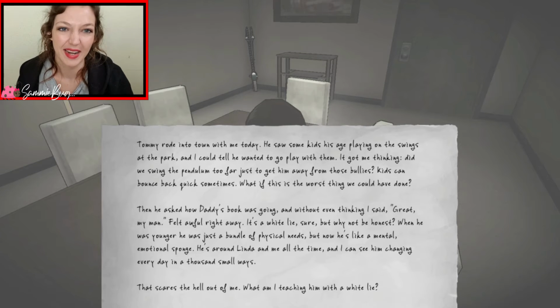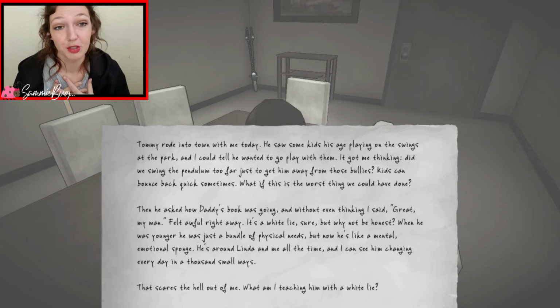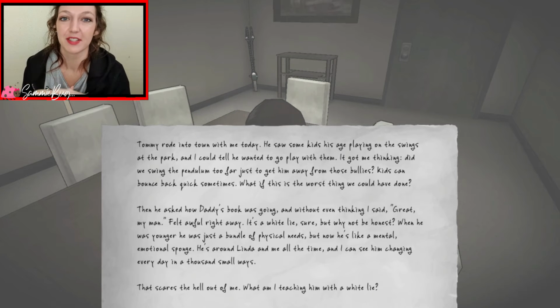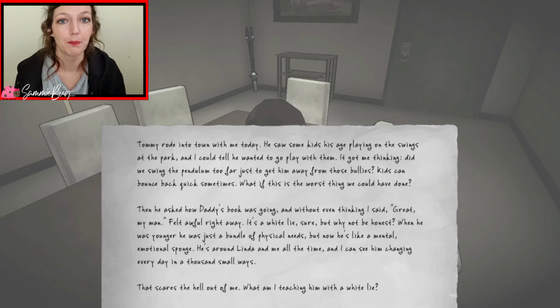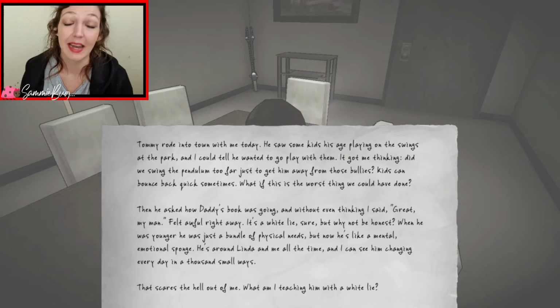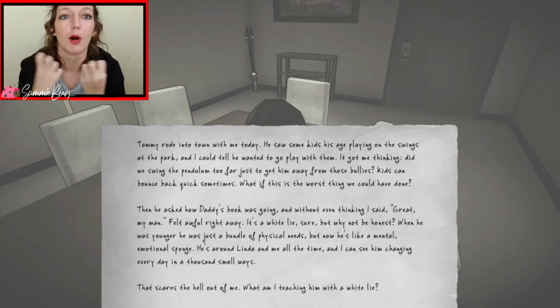I don't think white lies are too bad. I mean, I've got 4 children, and sometimes white lies are fine. If it's a big, full-on, blown-out, huge lie, then no, it's not. But children are like sponges, and they just absorb everything.